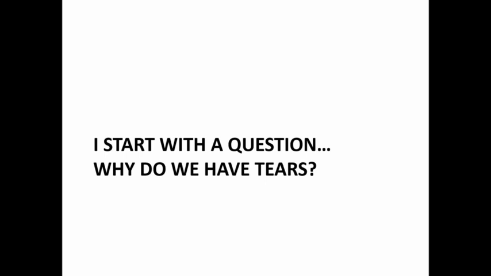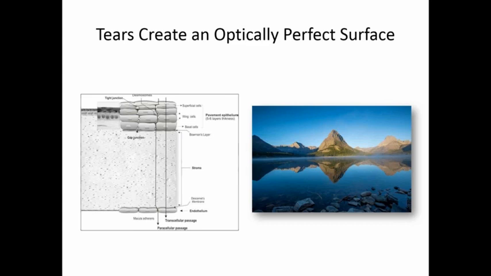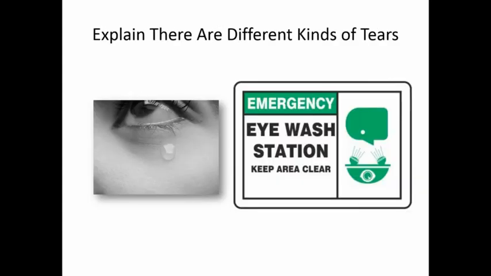And I typically engage them by starting with a simple question, why do we have tears? And I tell them that any engineer who is designing a system would not make the system wet because it's hard to manage. You have to deal with gravity. You have to deal with evaporation. The only solution to the problem of seeing was to create a wet system, because a wet tear film creates a smooth, regular surface and allows us to see, and in fact it's a very effective survival strategy. So patients understand that the reason why they have tears is primarily to see, and that the tears are an important element in the overall